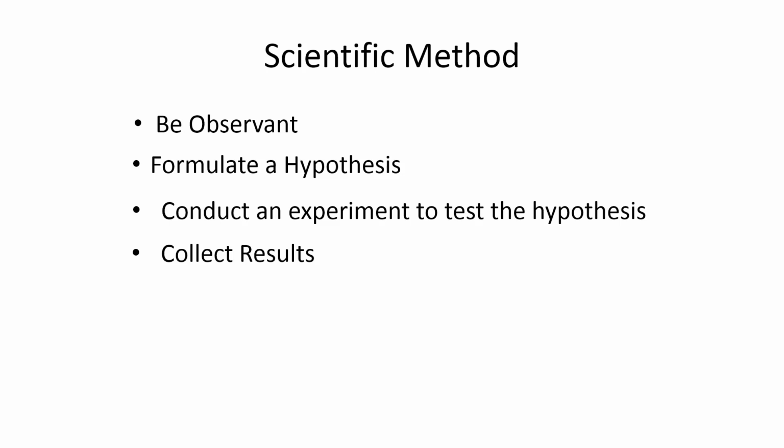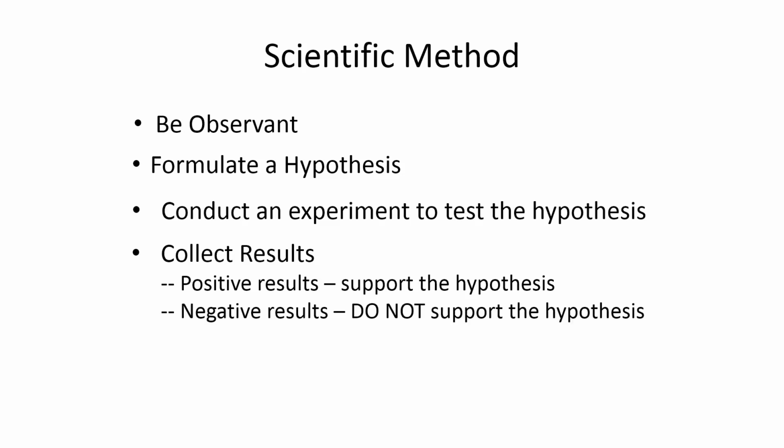Once we've done our hypothesis and we've conducted our experiment, we collect our data and we analyze the data. When we analyze the data, it says we can have positive results, and positive results basically support the hypothesis that we've got. We also could have negative results, and negative results do not support the hypothesis. It doesn't necessarily mean that the hypothesis is wrong. The hypothesis may be inaccurate to a certain extent. It may need to be changed a little bit. It could be slap silly. When we look at it, negative results don't support the hypothesis.